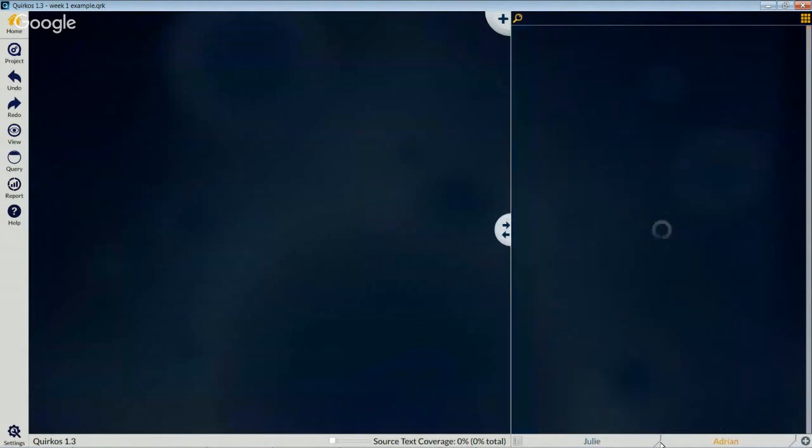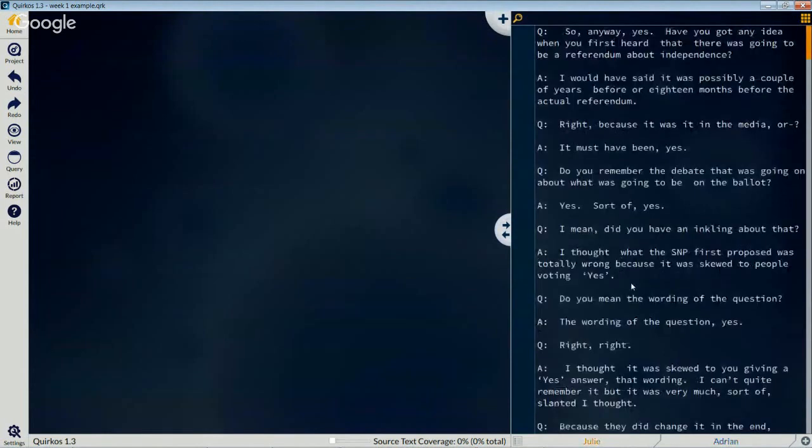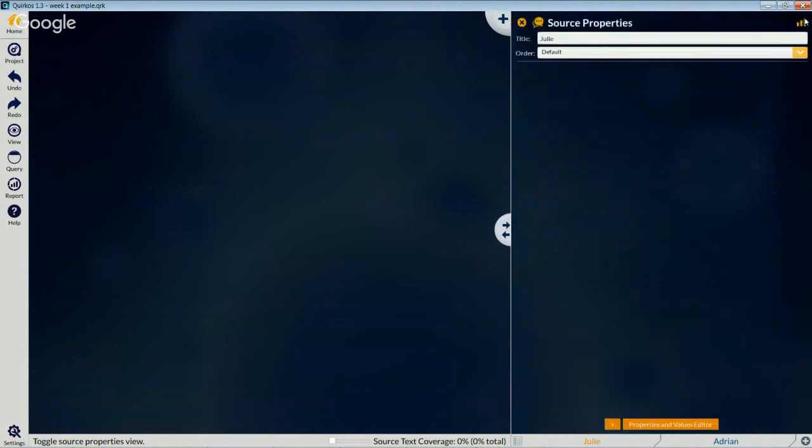We've described their names, but we don't know anything else about them, and we haven't described those in the software at all. But once we've got lots of different sources in there, that will be pretty useful. So what we can actually do is if you click on this button at the top right, this is the grid view here, that toggles the source properties view. And what that will do is, it's blank at the moment, but by clicking on this little plus button here,